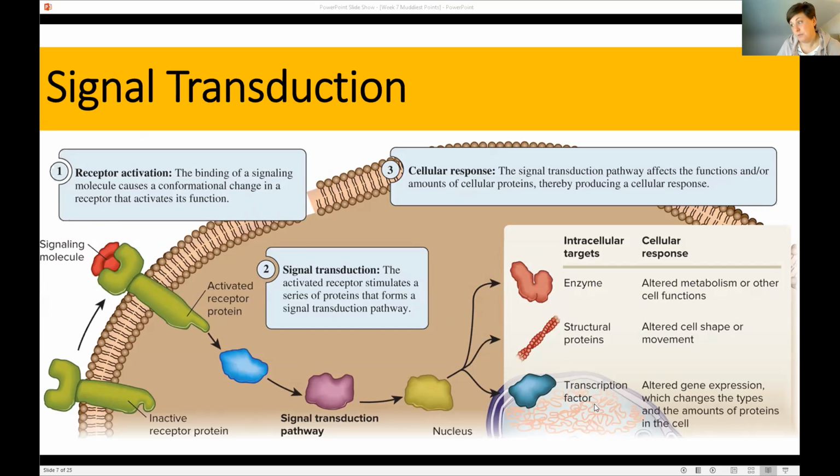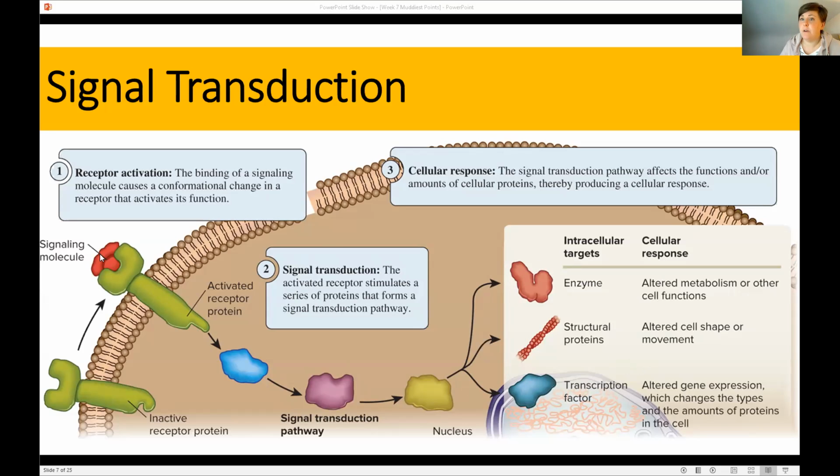Or it could be a transcription factor, and transcription factors activate gene expression. So they turn genes on or off, which we'll talk more about in about 2 weeks. So don't worry too much about transcription factors yet, but just know that that's interacting with DNA to turn genes on or off. But yeah, lots of different reactions. So you just have the message, which is heard by the receptor, communication of that message to the response. Those are the 3 steps.